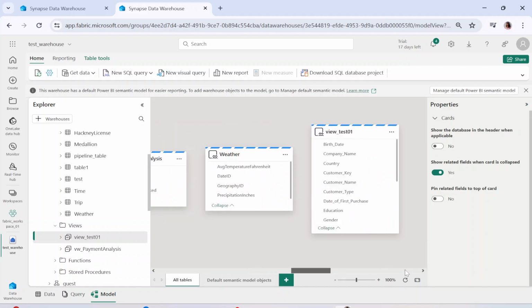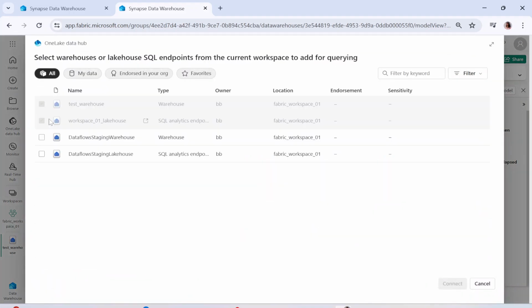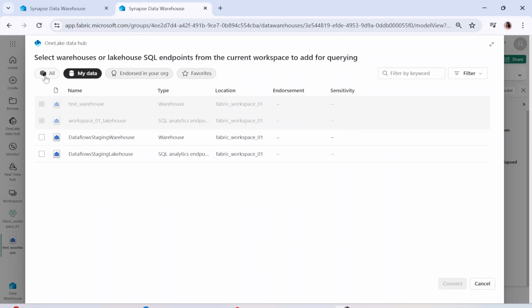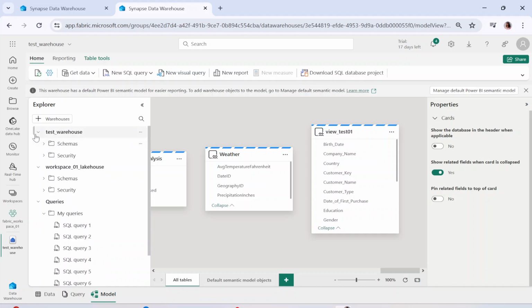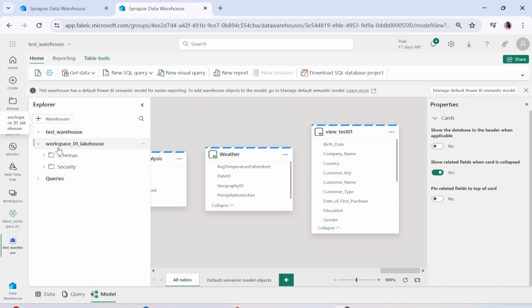Now, you can see how you can reference it: you can create a new warehouse, get the data, and whatever data you already have in the lakehouse, you can tick that option and get the data over here. I hope you understood the concept, because the main concept within Fabric is that if you already have a pipeline running which is loading the data into your lakehouse, you don't need to recreate a pipeline to load the data into your warehouse. You can simply reference the data present in the lakehouse within your warehouse itself like this.